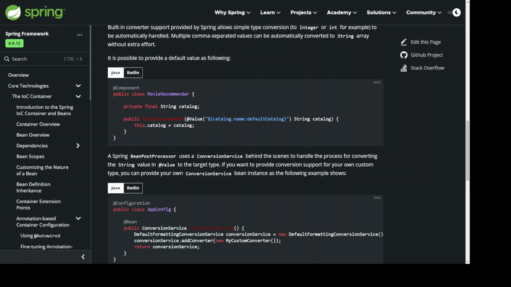@Component public class MovieRecommender { private final String catalog; public MovieRecommender(@Value("${catalog.name:defaultCatalog}") String catalog) { this.catalog = catalog; } }